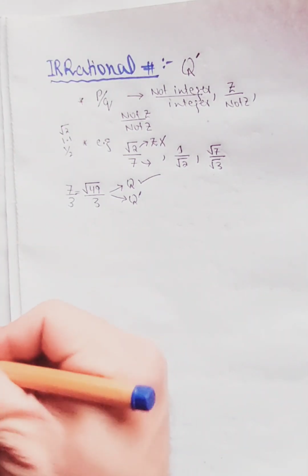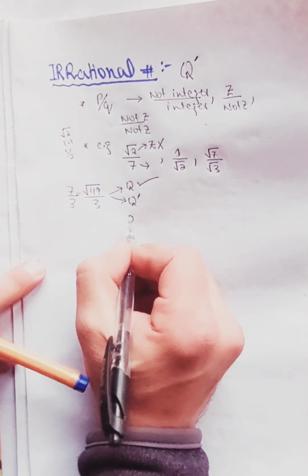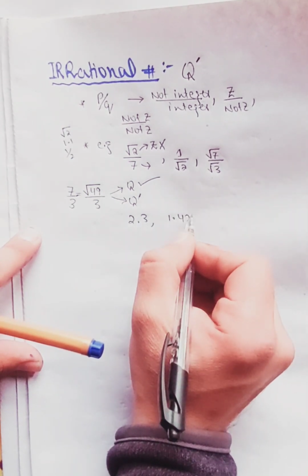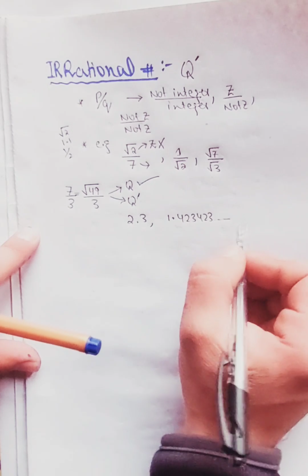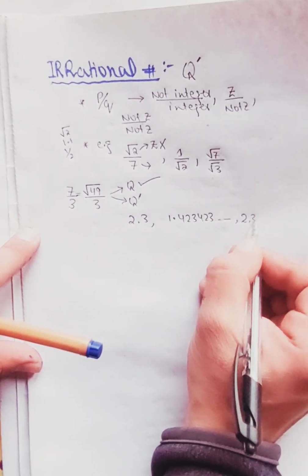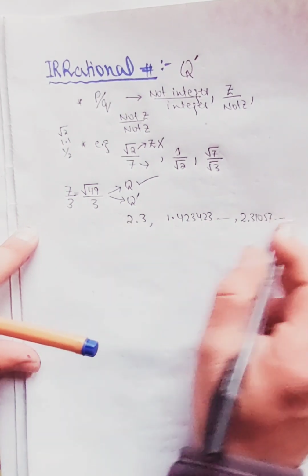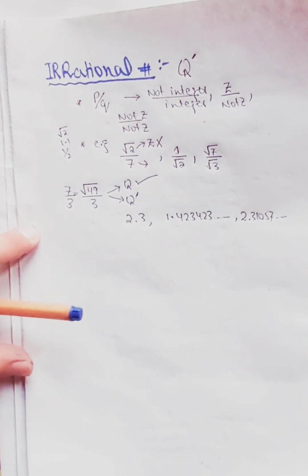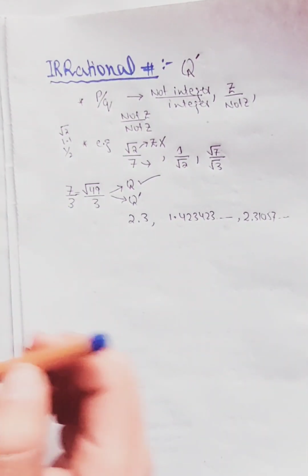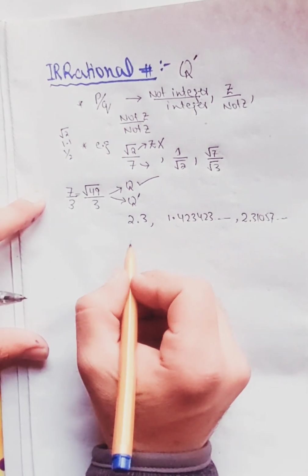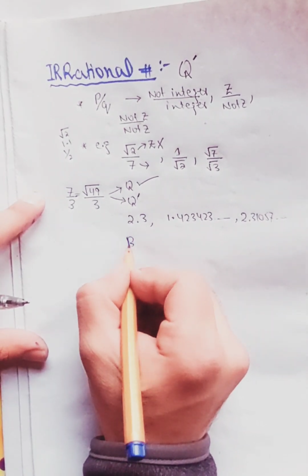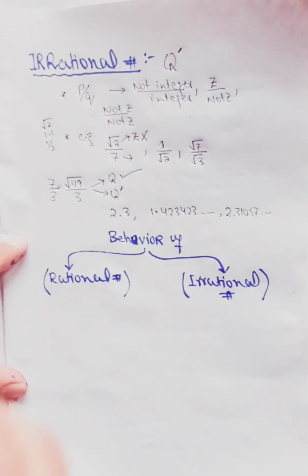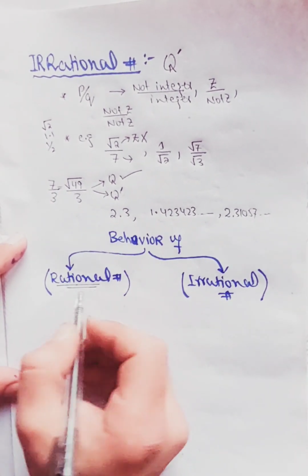अगर कोई नंबर इस फॉर्म में दिया हो, फॉर एग्जांपल 2.3, 1.423, 423, अगर कोई नंबर इस फॉर्म में हो और कोई आपसे ये पूछे कि ये रेशनल है इर्रेशनल ये क्या है, तो we have also some explanation for this behavior of rational numbers. अगर हम रेशनल नंबर को पूरा डिवाइड करें, अगर हम किसी रेशनल नंबर को completely simplify करें, तो